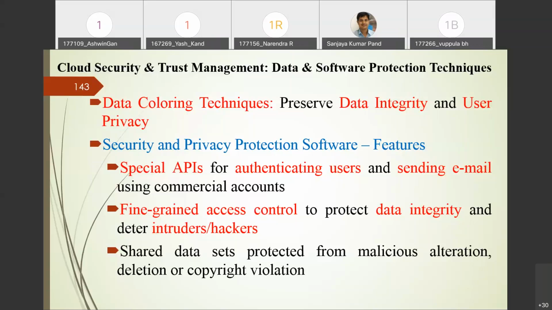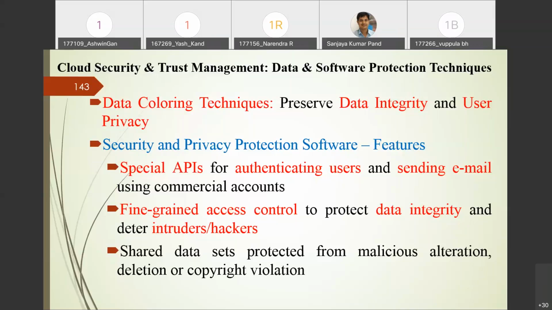This happens in the enrollment process you do with a cloud service provider, right? Once the data is stored in the cloud and assigned a color, the next time you want to access the data from your cloud, you have to claim the data using that color. If the color you specified during your enrollment process matches your current one, then only you are able to retrieve the data, right? Such techniques are applied in cloud computing in order to preserve data integrity and user privacy,